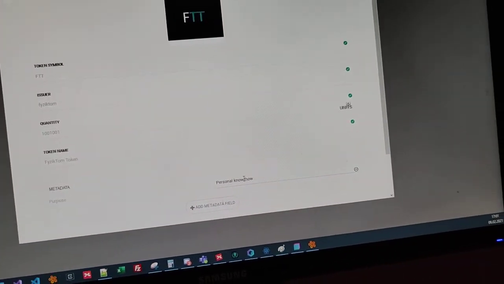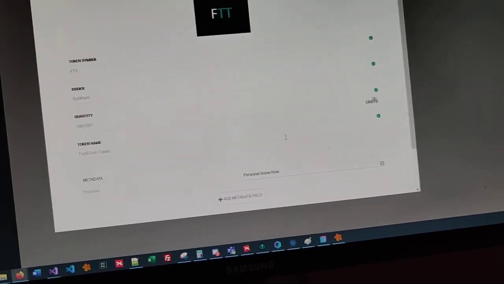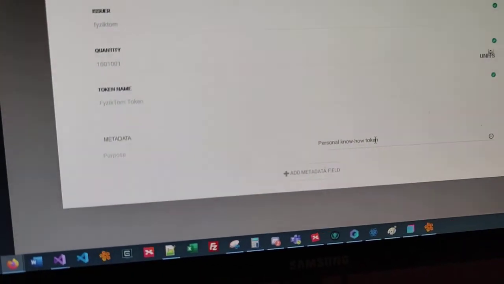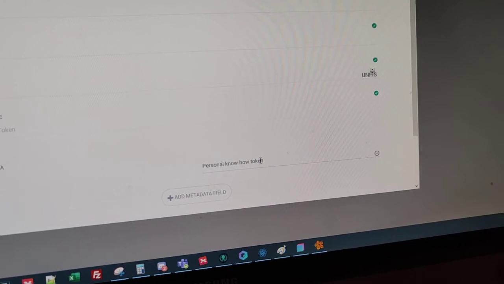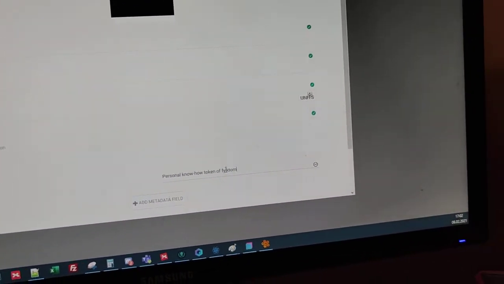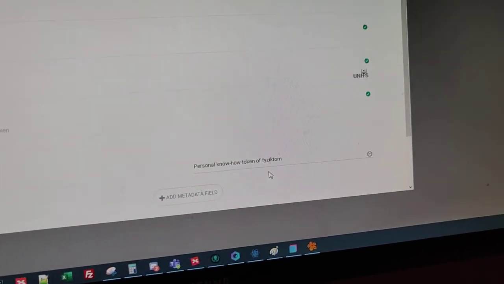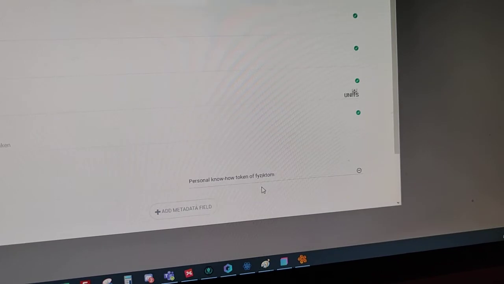So now, know-how token. Okay, so just simple metadata. The purpose of this token is a personal know-how token of PhysicTom. Personal know-how token, PhysicTom. Purpose, token name,